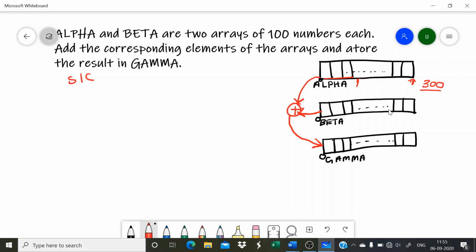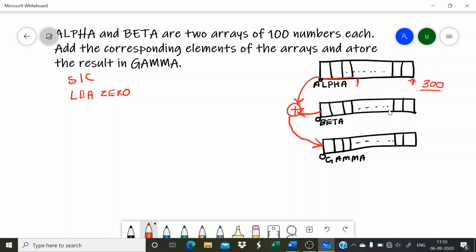So first we can initialize the index value. So LDA 0. So this is the accumulator content, we can initialize it as 0. So whatever variable values or constants we are using, we have to declare them at the end.